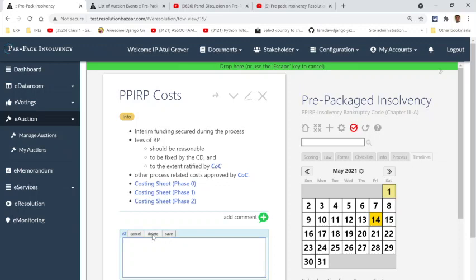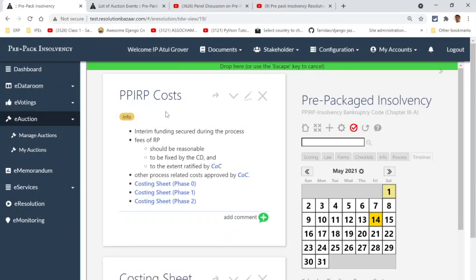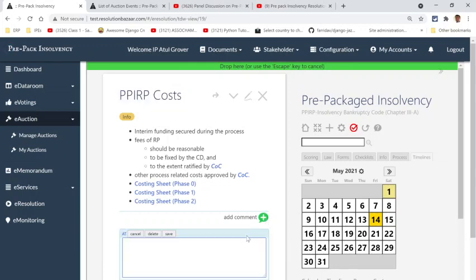So all you really have to do is that for every section that we see here, you just keep adding comments, and the system will automatically create a report from your comments, which will automatically become your information memorandum or a resolution plan. Now, a similar watered down version of this digital report will be given to all the resolution applicants, who will then in the similar fashion add their comments to whatever the aspects of the plans.